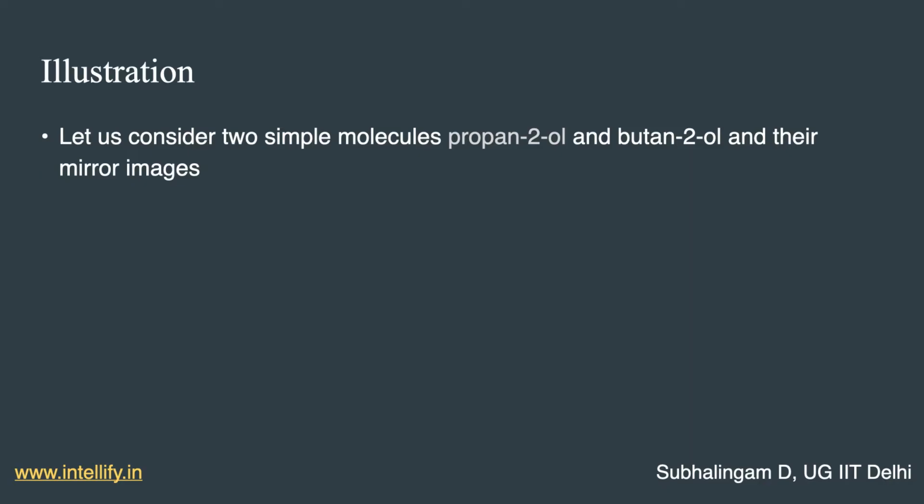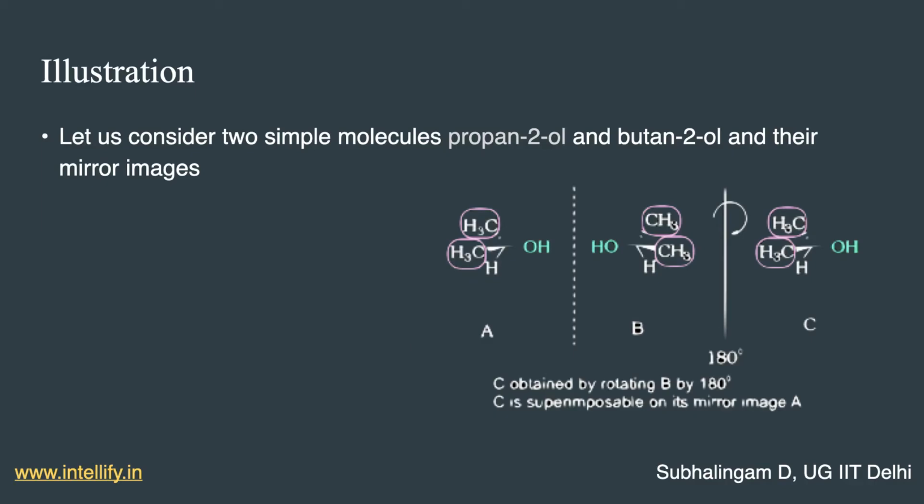So let's illustrate this using an organic chemical molecule. Let us consider two simple molecules, propan-2-ol and butan-2-ol, and their mirror images. First, we will be looking at propan-2-ol. This is propan-2-ol on the left, and the one in the middle, called B, is the mirror